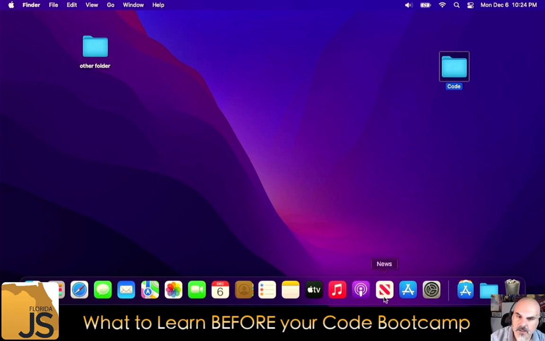Why? Just because you'll be able to add new things in the future. Once you're a developer, you'll get to know and love certain applications you really like, and you'd like them here, easy to get to, really fast. It's important to know how to add things in here. Before we add things, let me show you how to remove things. So make a little bit of space. News, you know what? I don't get my news from my desktop, so I'm going to